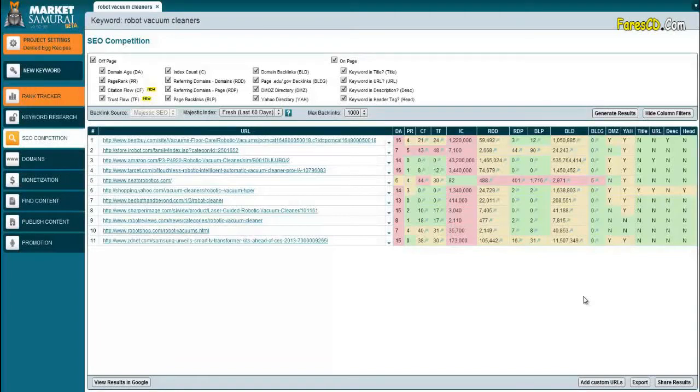Okay, this is part 2 of my Market Samurai tutorial, and in this tutorial I'm going to show you how to check out your competition and how to outrank them in the search engines. That's what you want to do. So with this tutorial, I'm going to show you what to look for and how to use Market Samurai to help you outrank your competitor to get more traffic to your website,